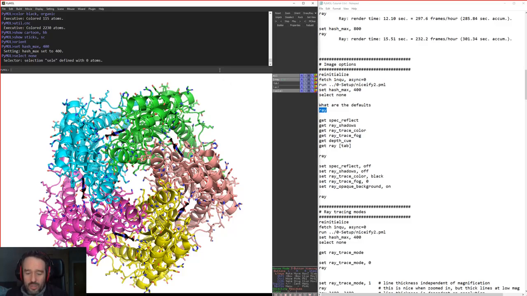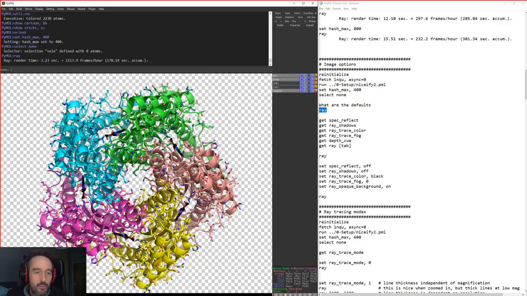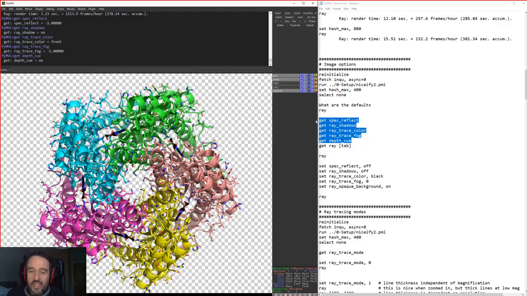So we can ray this, and we get some default options, such as the background is opaque, we have shadows cast, and reflections and Q depths which are activated, and we can use this get command in front of our options in order to get Pymol to tell us what each of these different settings are at.